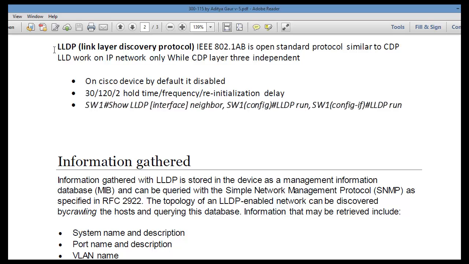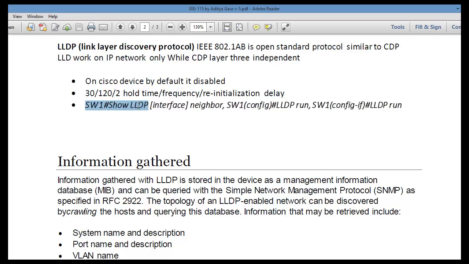Even though Cisco devices support this feature, by default it is disabled. The hello timer is 30 seconds, which is the default configuration. If you enable LLDP on a Cisco device, the hold time is 120 seconds, and the reinitialize delay is 2 seconds.